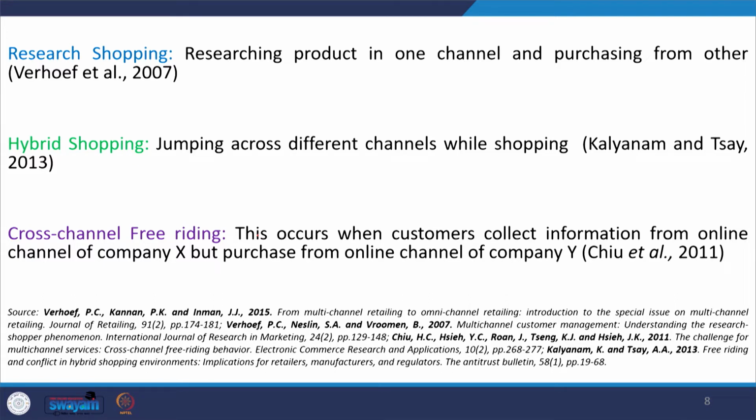This has been fantastically explained in one of the research papers by Verhoef et al., which has been published in 2007. Now, research shopping simply indicates that you will see a lot of consumers researching a product in one channel and purchasing from another. They could be researching the product in an offline channel or an online channel and then purchasing from another channel. Like if they researched in the online channel, they could complete the purchase in the offline channel, and if they researched in the offline channel, they could complete the purchase in the online channel,